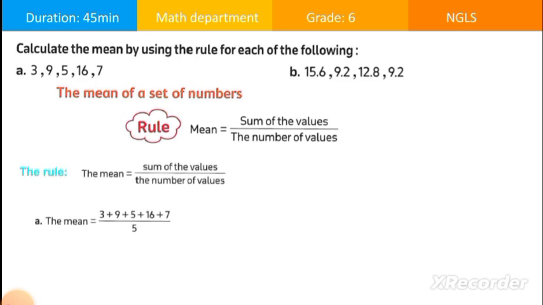The sum of values of the first example, 3, 9, 5, 16, 7 equals 40, and the number of values is 4. So 40 divided by 4 is 8. In the second example, 15.6,